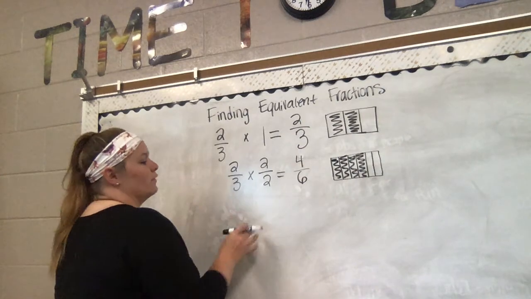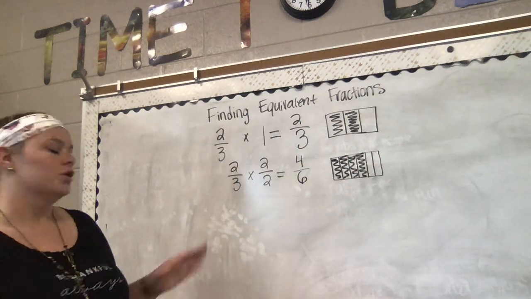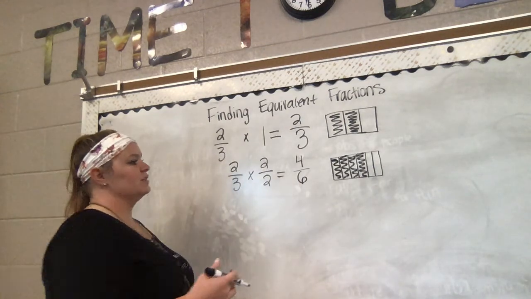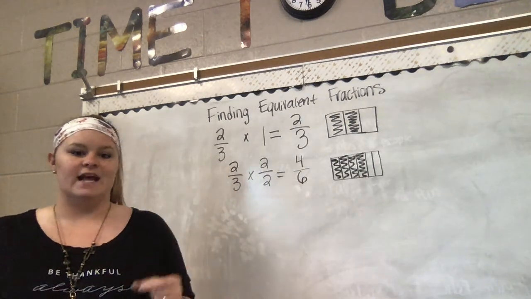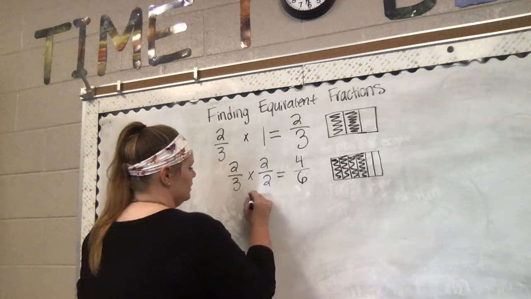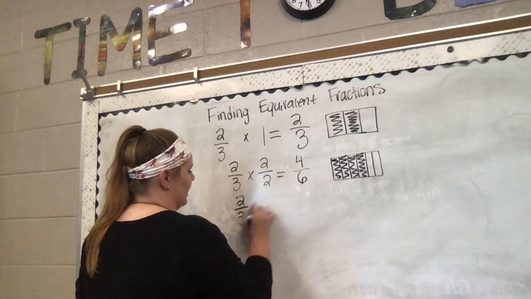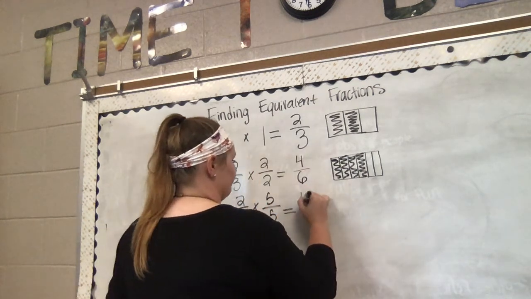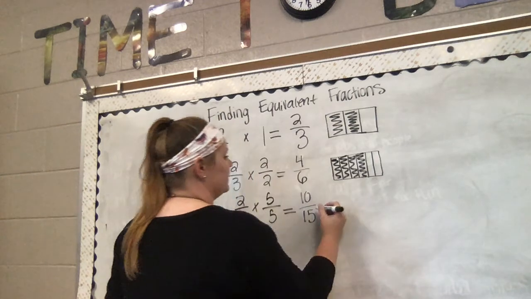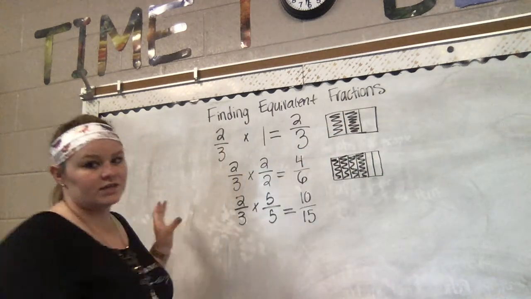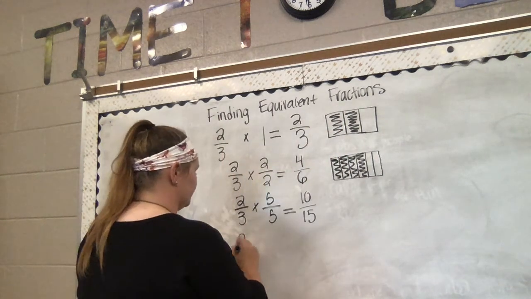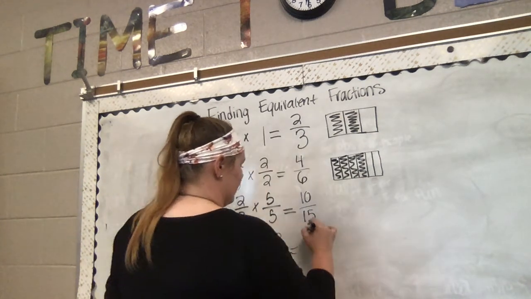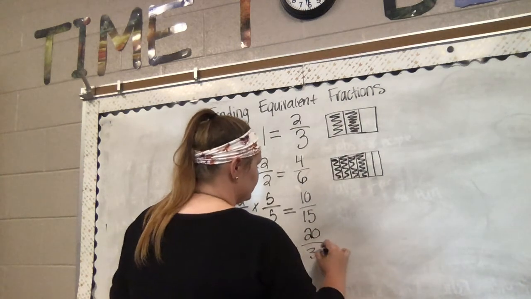So you can make an equivalent fraction by multiplying this fraction by any fraction equivalent to 1. And a fraction is equivalent to 1 if the numerator is the same as the denominator. So we can multiply 2/3 by 5/5 and get 10/15. So 10/15 is equivalent to 2/3 and 4/6. We could multiply 2/3 by 10/10 if we wanted to, and that would get us 20/30, which is equivalent to